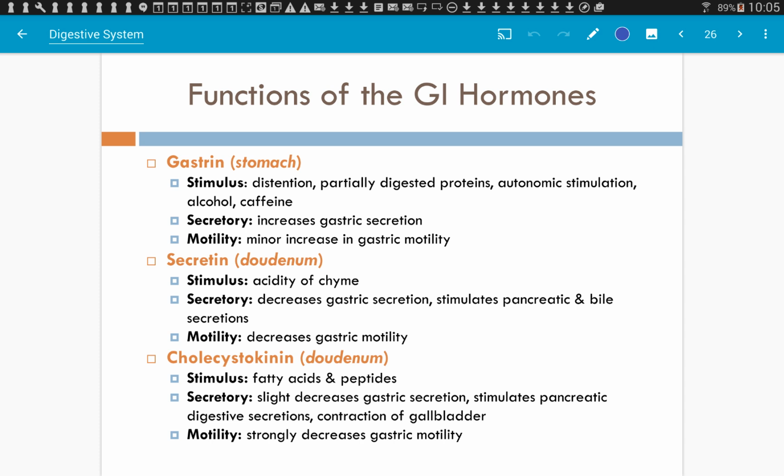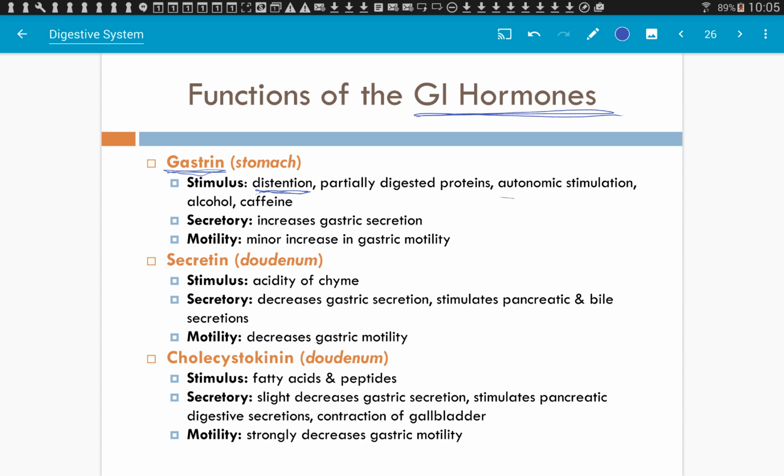We talked about hormones, but we didn't really talk about what they did, so now that's where we're at. So functions of hormones in the GI tract. Remember, there are endocrine cells within the stomach itself and the pancreas. So first of all, gastrin. Gastrin is secreted by the stomach. What stimulates the secretion of gastrin? So distension. So you've been eating your food, filling up your stomach, proteins that are starting to be digested,